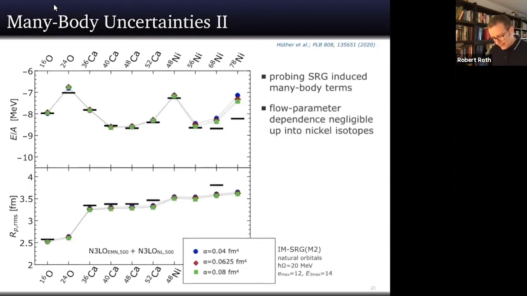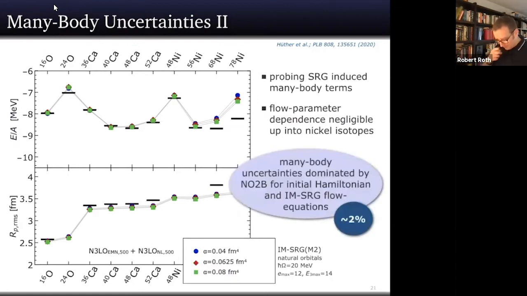Now, there is more. For example, the flow parameter of the free space SRG. We truncated away the four-body induced terms in free space SRG, so there might be an effect. We have to study that, and we study that by varying the flow parameter. And you see again, down here, nothing changes, not much changes here. Up here again, you have a little effect. So you have a little sensitivity to these omitted SRG-induced four-body terms. All of this has to be kind of added up.